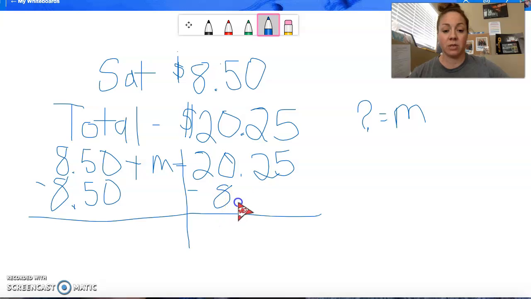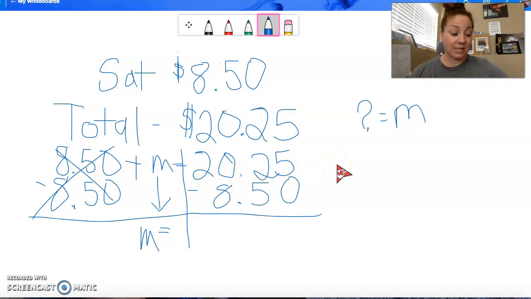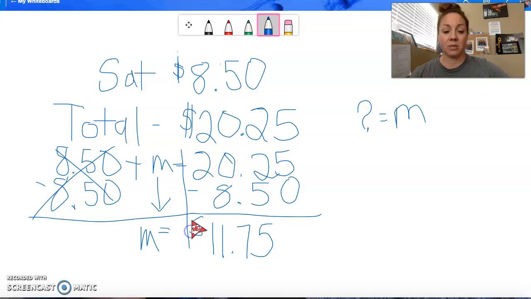So there's subtracting $8.50. Now, when we take a look here, $8.50 minus $8.50, they cancel each other out. It equals 0. We need to bring our m down, bring down that variable. I'm going to go ahead and throw in our equal sign. And then $20.25 minus $8.50 winds up equaling $11.75. So that means that m is equal to $11.75, and that on Sunday you earned $11.75 in tips, and